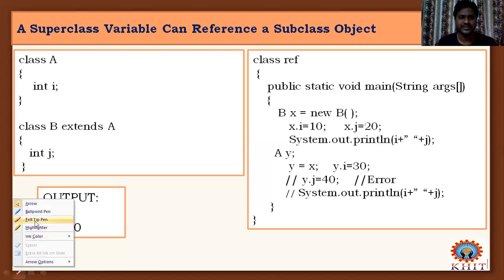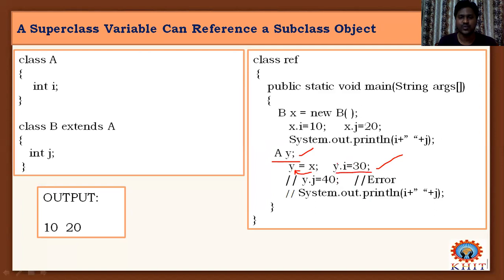And I'm going to create a reference variable to superclass like this: A Y. Y is a reference variable to superclass A. And I'm assigning this object of subclass X to the reference variable of a superclass. And as usual, a reference variable of the superclass can access i, this instance variable of class A superclass, as it is valid. But when we access Y.z equal to 40, as j is a member